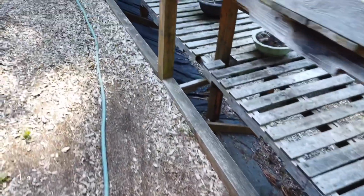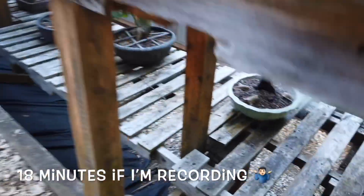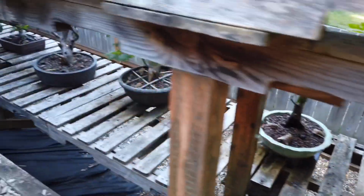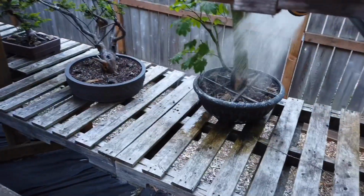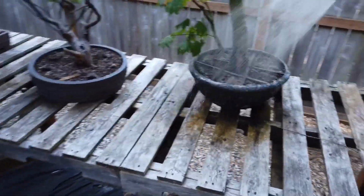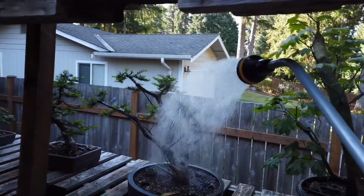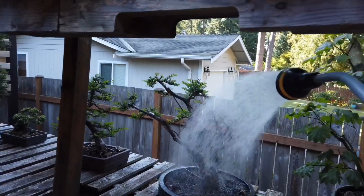Takes me around 10 minutes or so to water. I just go around my different sections, give a good little rinse. This being bonsai soil, it kind of goes through really quickly. We got some vine maples here, some Japanese yews that used to be in landscape,